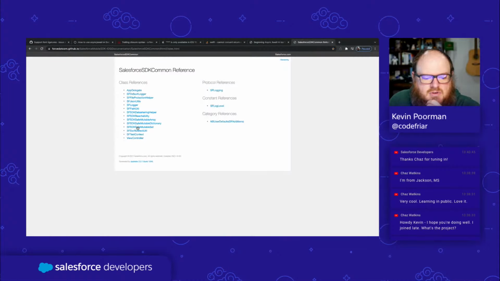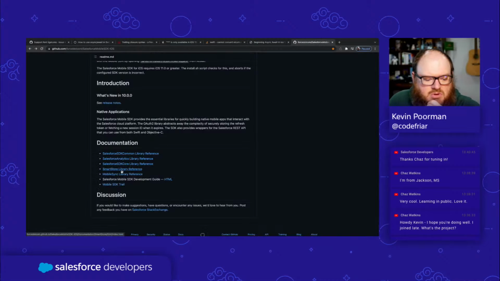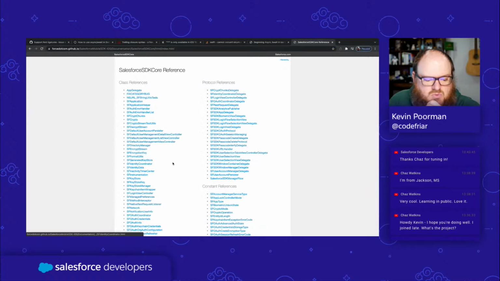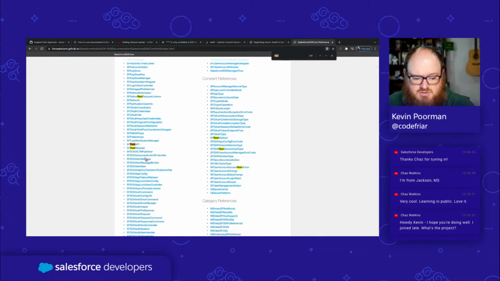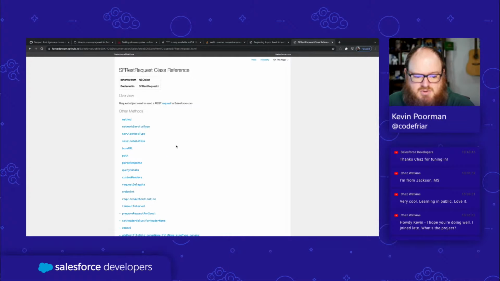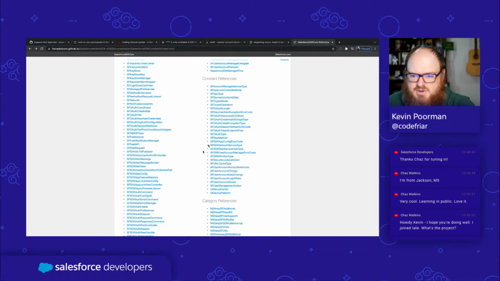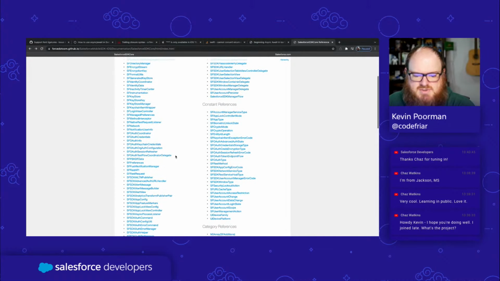Okay, SF. New controller. SDK core. Could have sworn it was going to be in core. Let's do REST. Native REST request listener, REST API, REST request. And what I actually want is the send method,